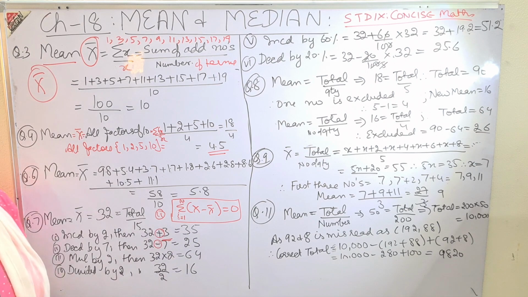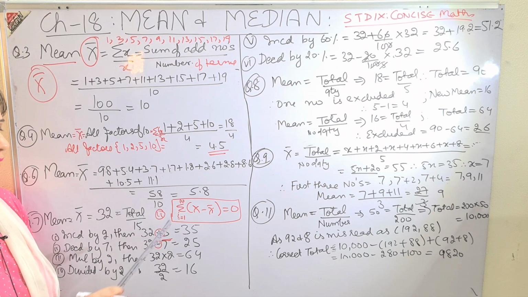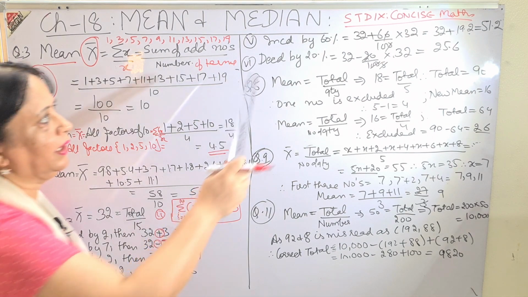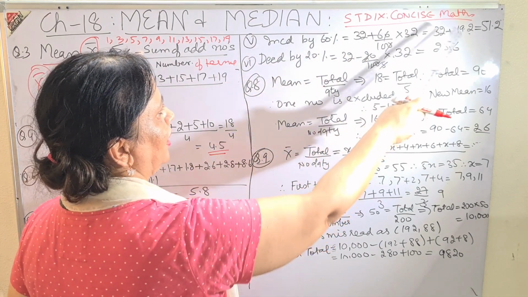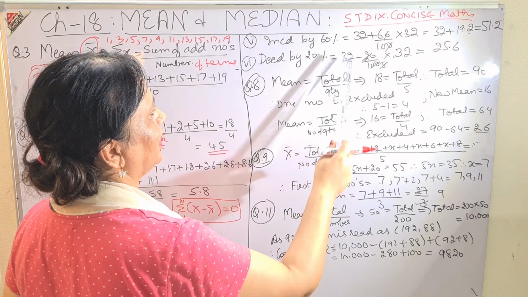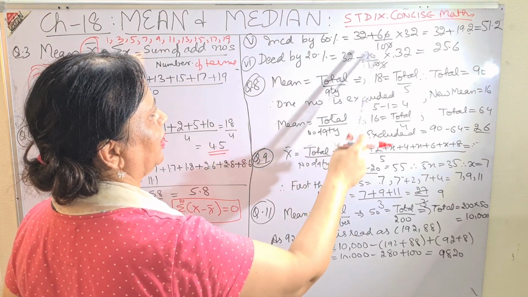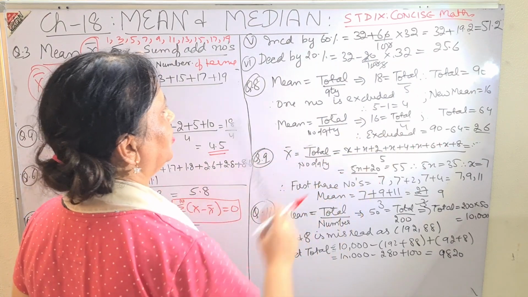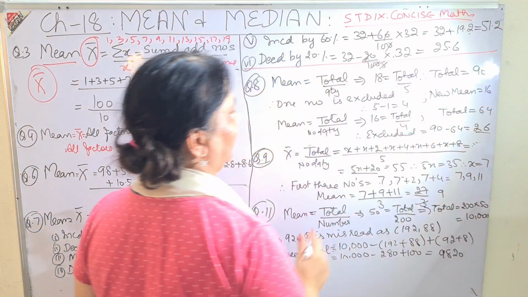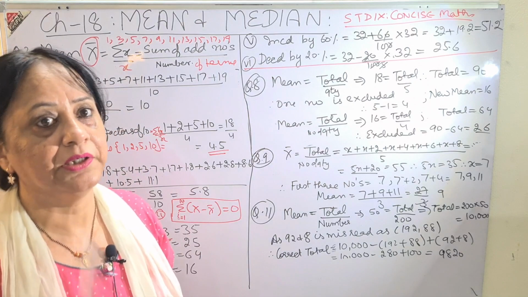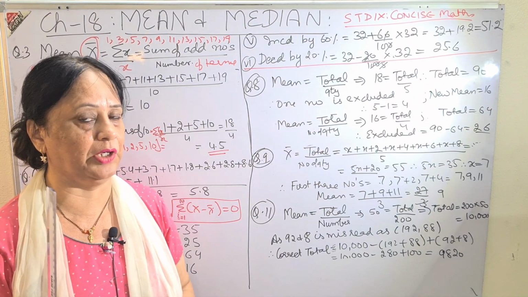So, if each observation is divided, multiplied, plus or minus, similarly it happens with the mean also. If it is increased by 60%, then 32 plus 60% of 32 is the answer. Decreased by 20%, decrease means minus: 32 minus 20% of 32, and that is the answer. So it is very simple. As the observations increase, decrease, divide, multiply, so does the mean. Now put that concept in your mind.